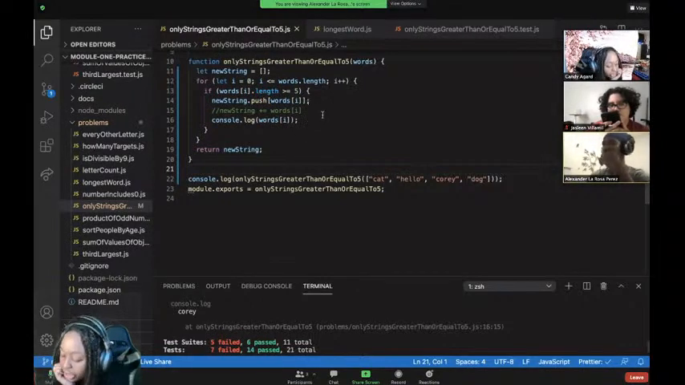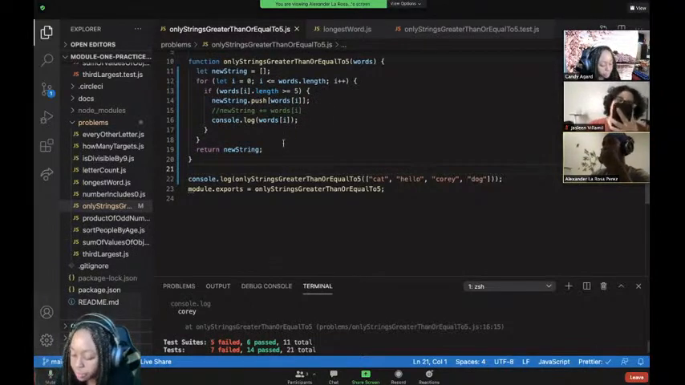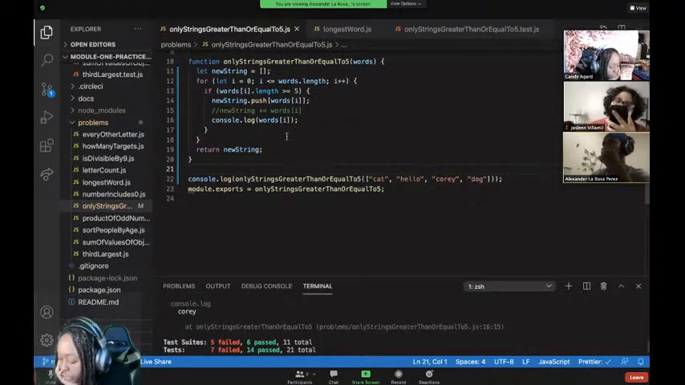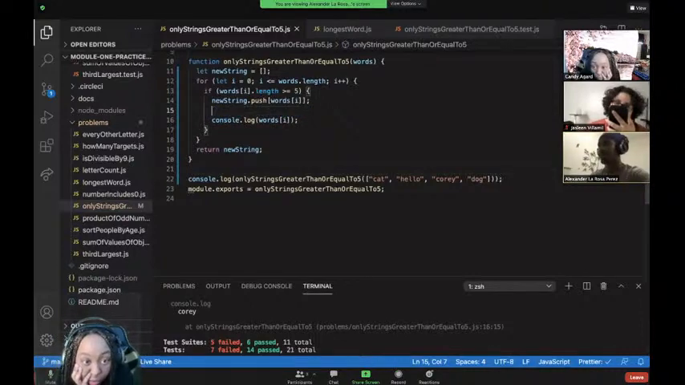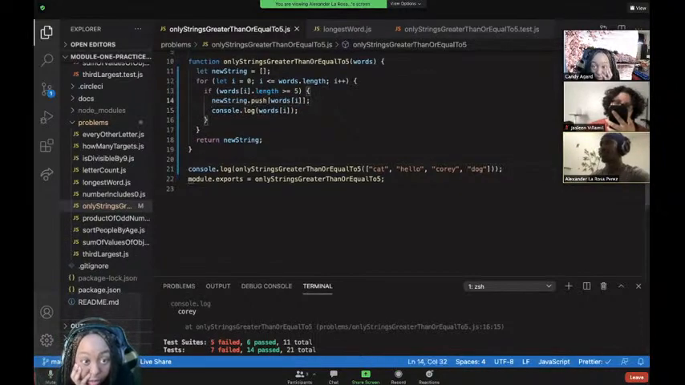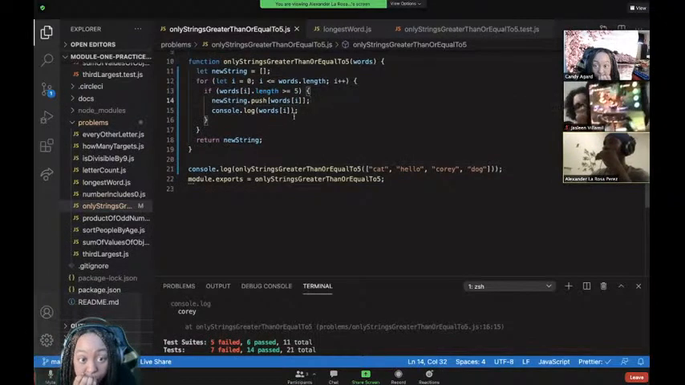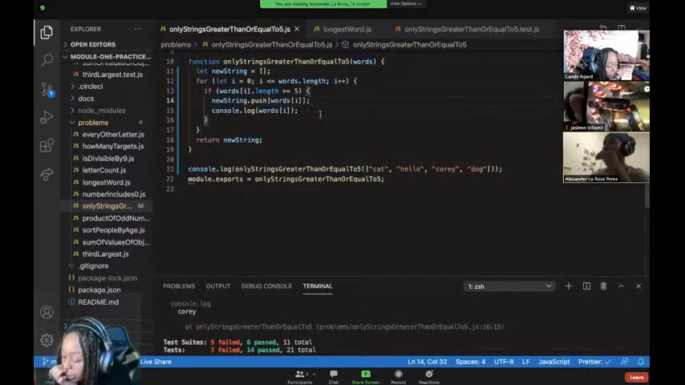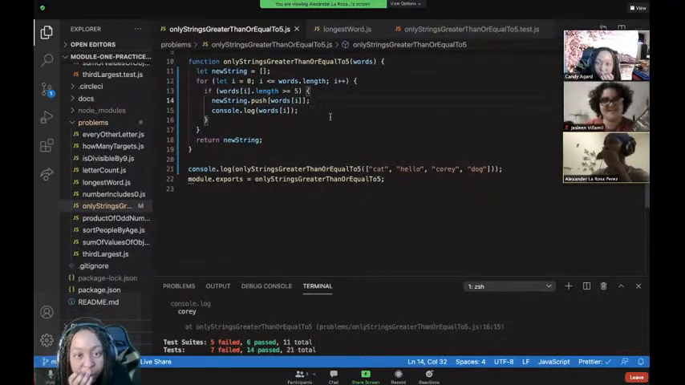So create the function. So const onlyStringsGreaterThanOrEqualTo5 equals words, fat arrow, words dot filter, and then if element, or in this case, what are we calling it? If it's a new string, if new string is equal, or no, wouldn't be new string. It would be words. If